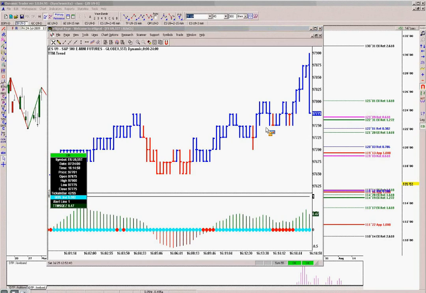Though some people do, and that's fine. Some people will use a break of symmetry as a trigger. So let's say, for example, I have a setup on a 15-minute chart in the S&P on the buy side, but there's bearish symmetry on the 3-minute chart. Once we take out the bearish symmetry, they'll take that as a buy trigger. But you do give away a bit of the edge there, unless you wait for a pullback.